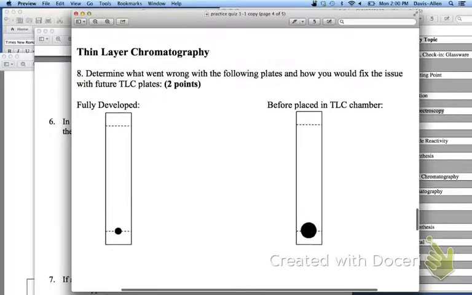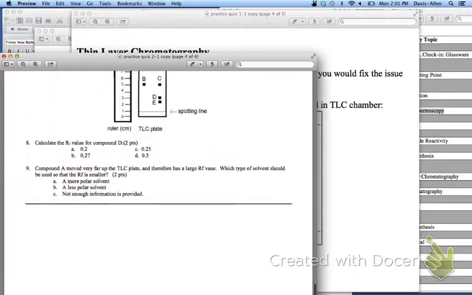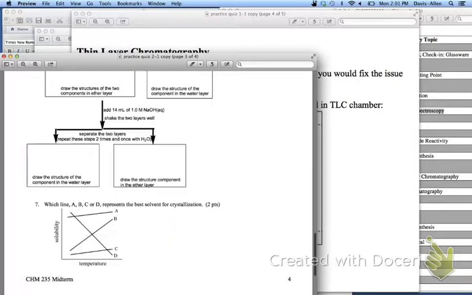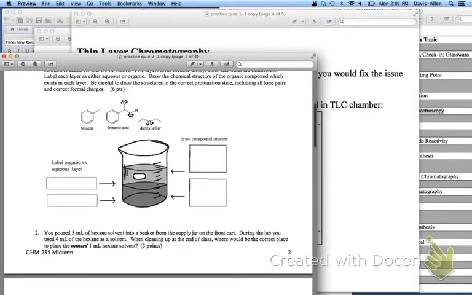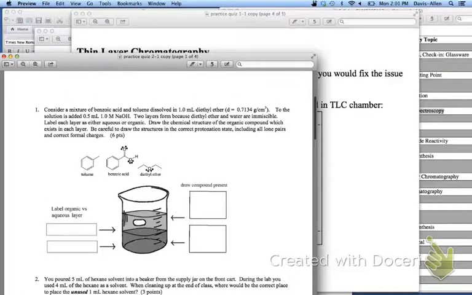This one's TLC. Really? This one's lame. Oh, practice quiz 2,